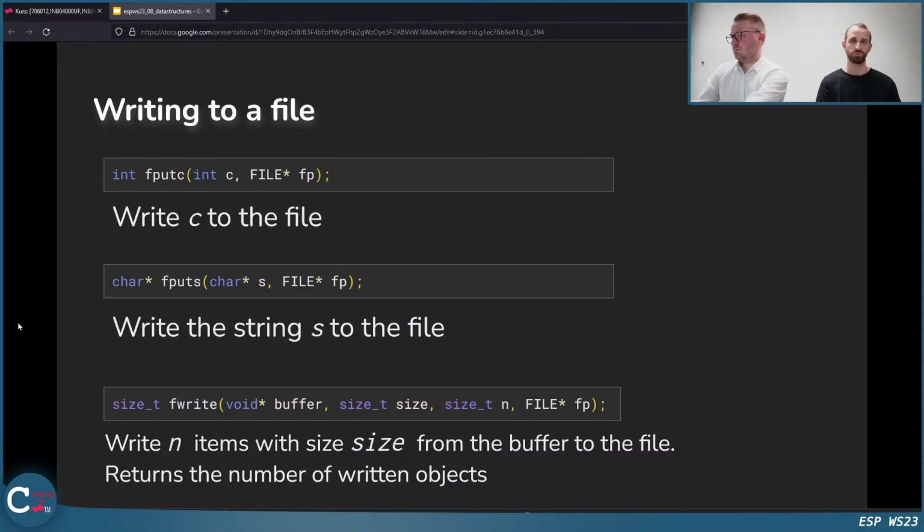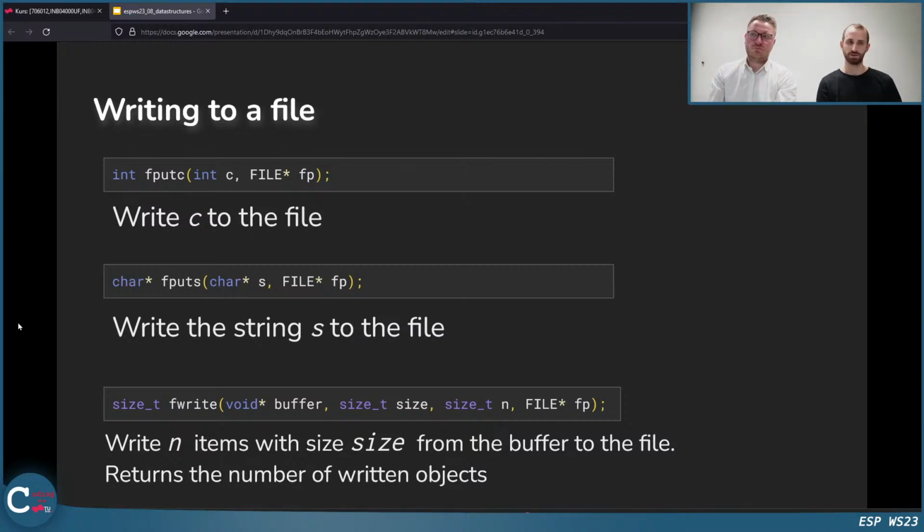Depending on how you open the file, this will be appended or it will just overwrite what you have written in the file already.